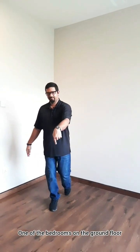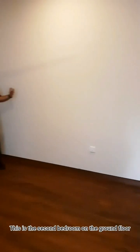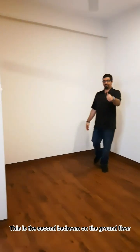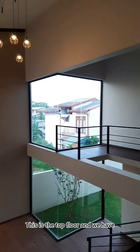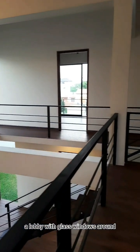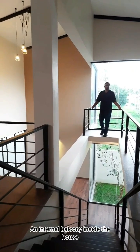One of the bedrooms on the ground floor. This is the second bedroom on the ground floor. Let's go upstairs. This is the top floor, and we have a lobby with glass windows around, an internal balcony